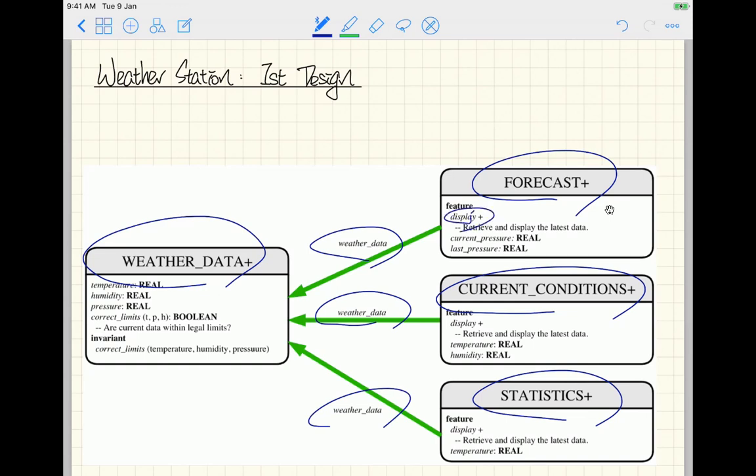over here, the critical part is really to understand why this first design attempt is not perfect. So we got display here, we got display here, we also got display here. As part of the display, the very first step is to update the measures. For example, if you want to update the display for forecast, you have to first of all communicate with the latest measure for the weather data, which might involve some remote procedure call, which will take some network traffic from your computing resources. Now, the problem is if you keep updating your display, sometimes you may not have to because